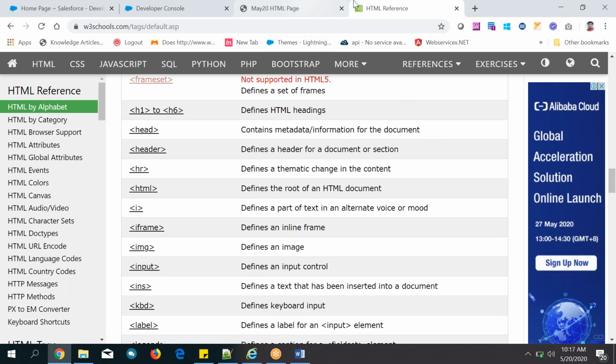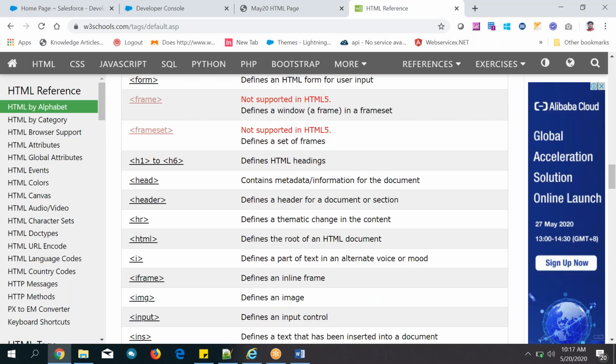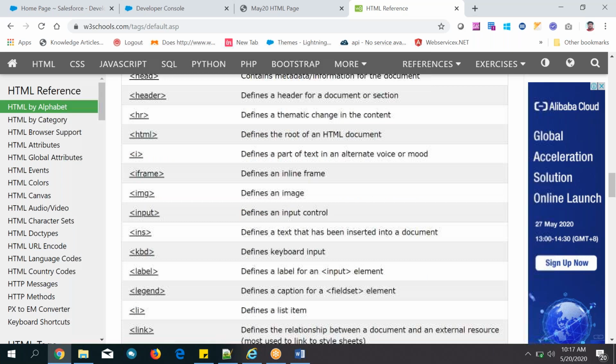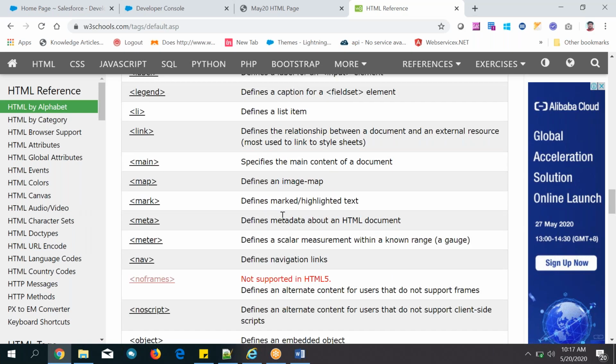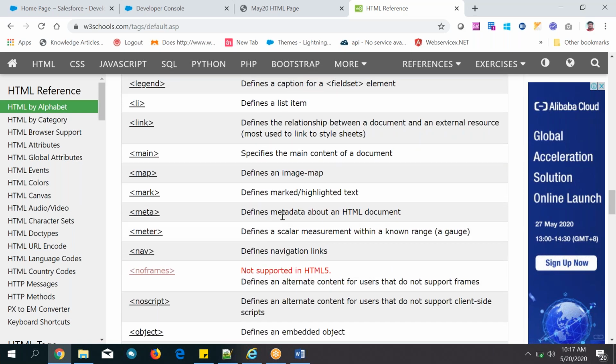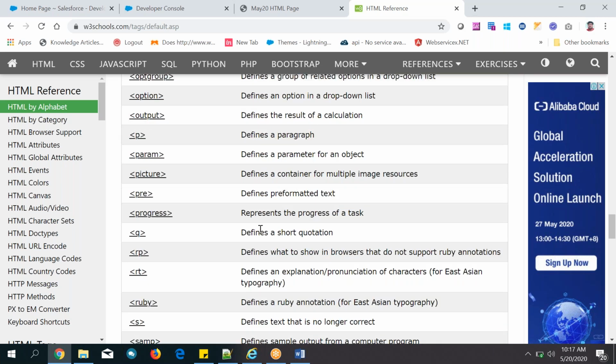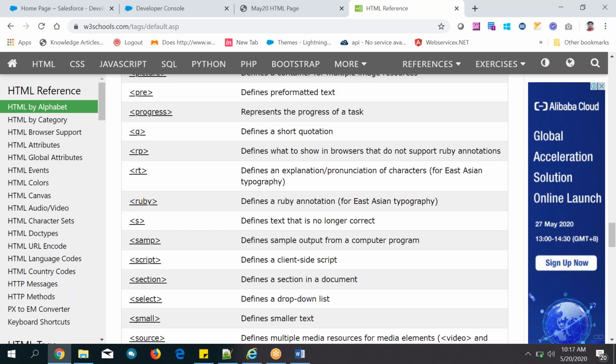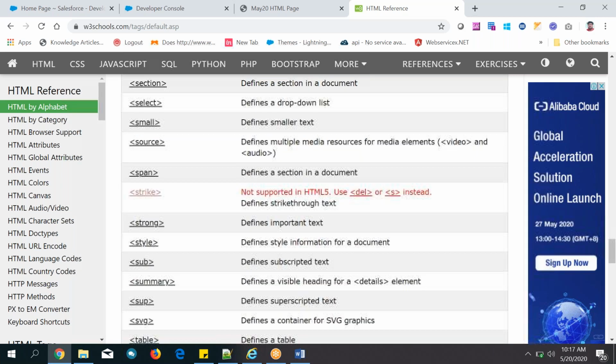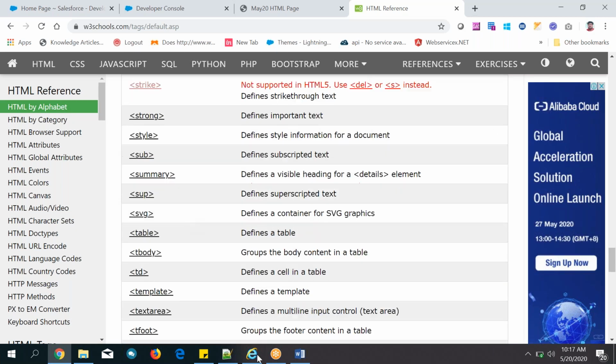Okay, let's go one by one through the tags. Strong tag.